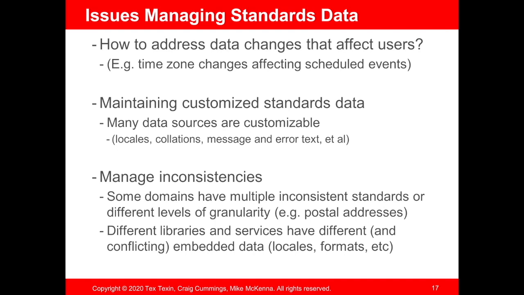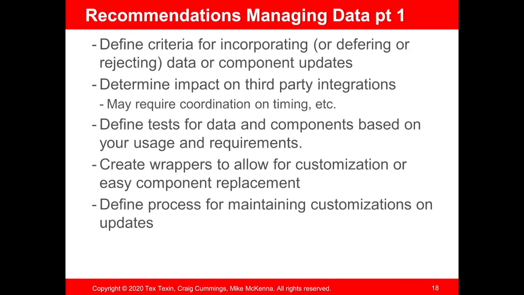So you need to have a process for identifying the places where the data is changed, and also, in some cases, maybe even go back to users to get them to confirm which way to change the data, keep the old rules or the new rules for the particular date and the type of usage of that date. That's an important thing that many people don't take into account when they're dealing with global data. So you want to define tests for these things, and you also want to design your architecture so that